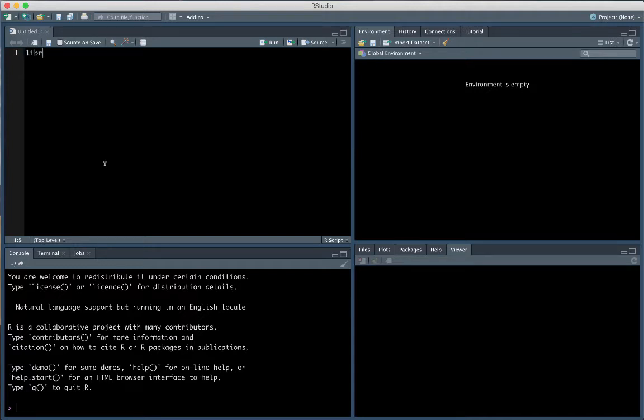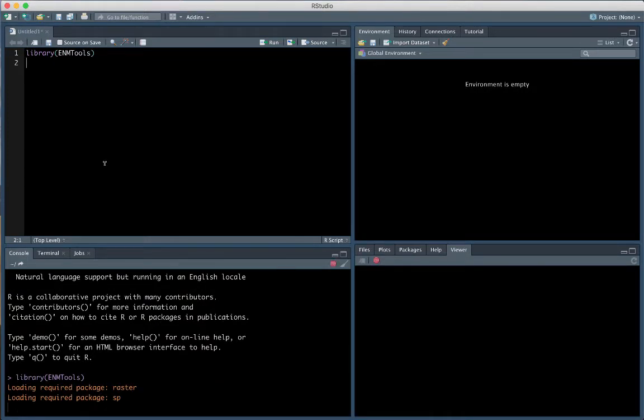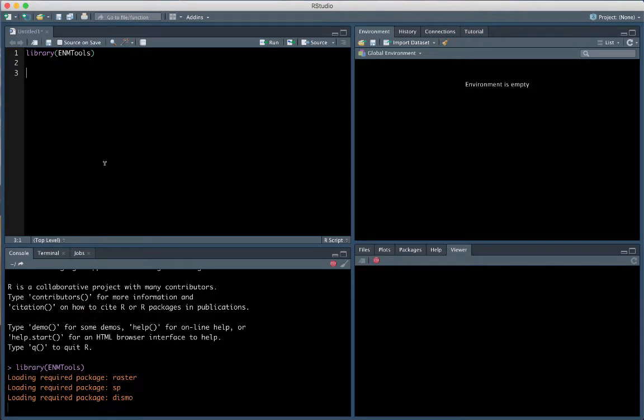So first we need to load in the package. There you go. And now if you were working with your own data, you would want to build an ENMTools species object and load in some environmental rasters. But there's another tutorial that already shows you how to do that that's in this playlist on YouTube. And so we're going to skip that for now, and we're just going to use one of the built-in data